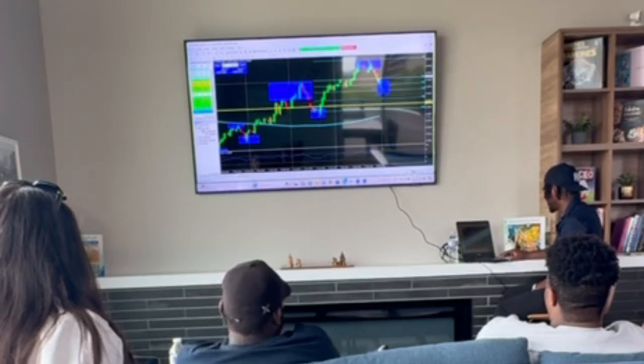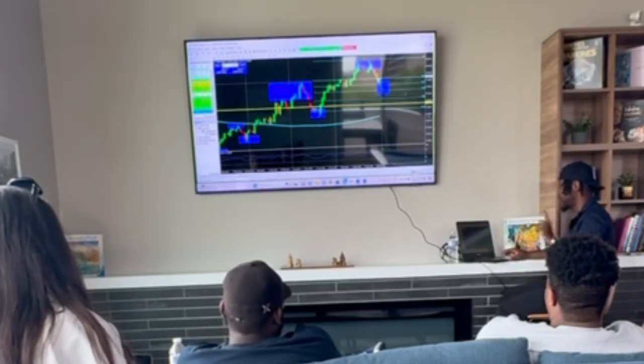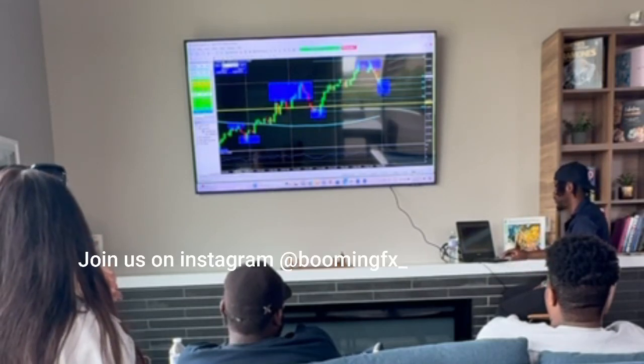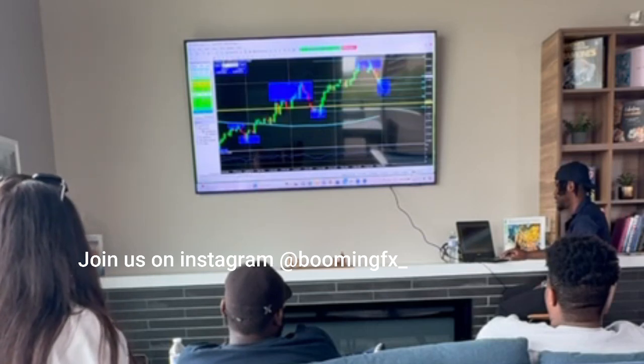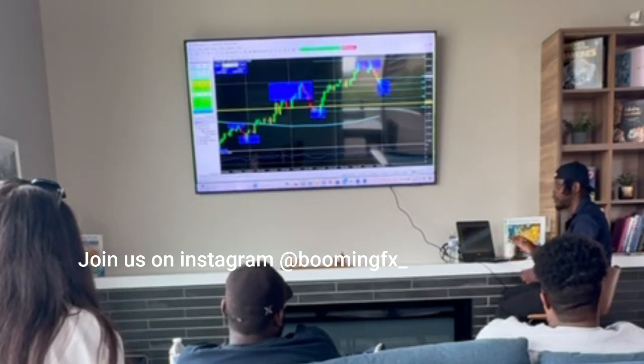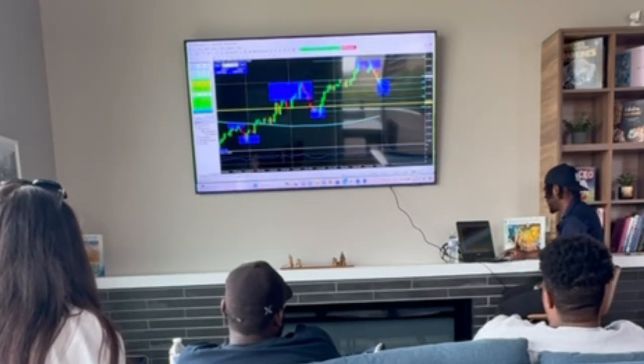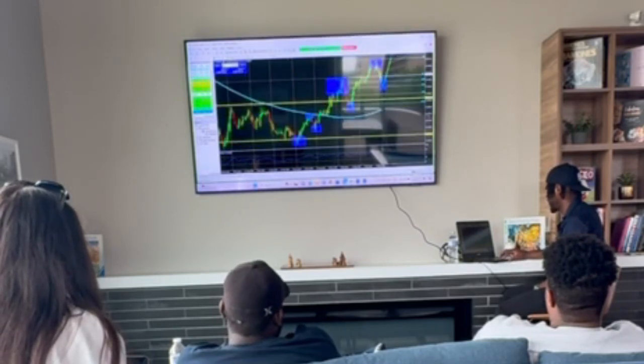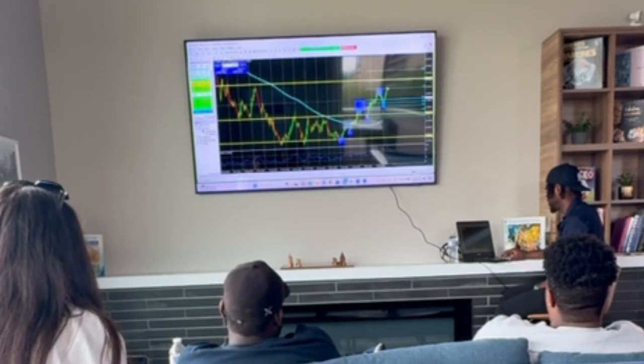Look at that. Comes to the 61, but you have to wait for the market to create the structure though, because sometimes it might go past the 61 and keep on dumping, right? So you have to wait for the market to give you a few touches at the 61 or the 50% for you to get in. You see there, give you 1, 2, 3, 4, you took off, right? And then guess what? You're gonna get in, place your bet at the 61. It's going to smash TP1 at the 0%, right? And it's going to smash TP2 to create the next higher high at the minus 27%, right?